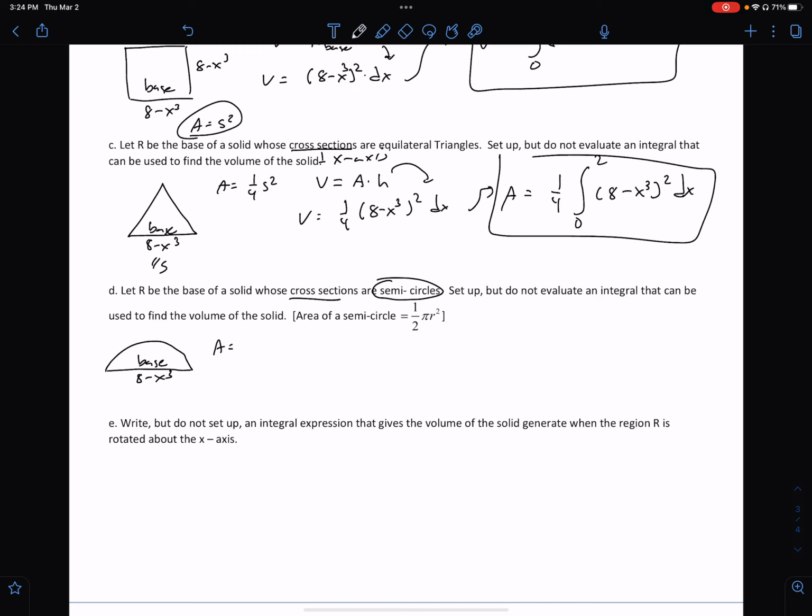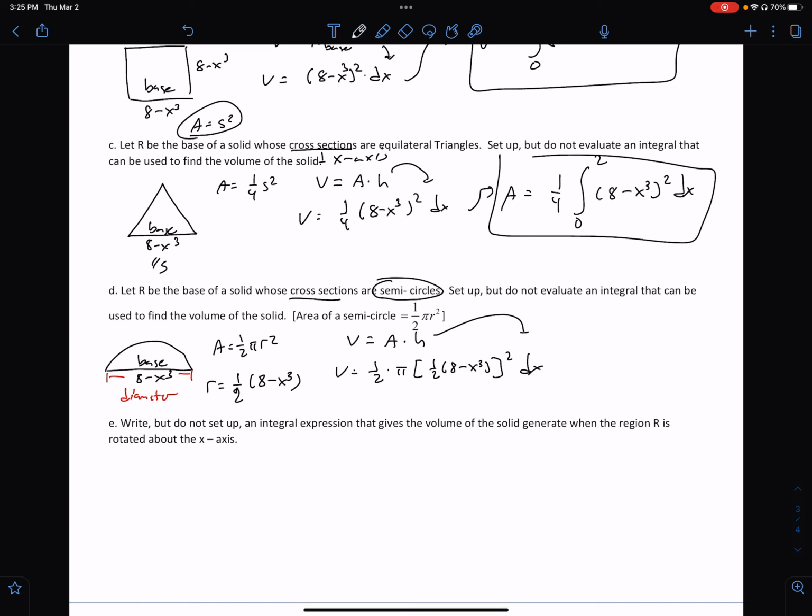Now the area for a semicircle, we told you, 1/2 pi r squared. So we've got to find our radius. Be careful. This is our diameter. This is a little bit trickier. So therefore, to get the radius, we take half of that 8 minus x cubed. And there's our radius. So if I want to find the volume, area times the height, 1/2 times pi, our radius, 1/2 8 minus x cubed squared. There it is,